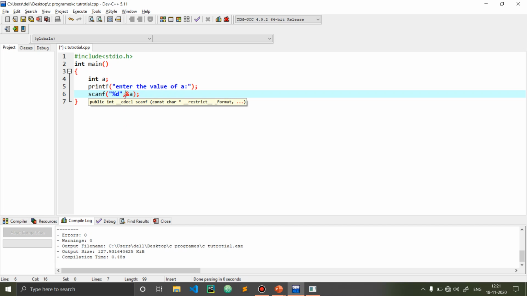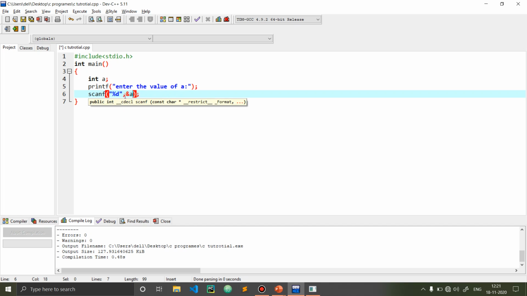The computer doesn't know A or B or C or D. It just knows the address of the memory location. We are going to see them elaborately in the next video. Think like that, there is an empty bucket and we just know where the bucket is. We don't know the name of the bucket. So the computer just finds the place of the bucket and puts the value in that bucket.